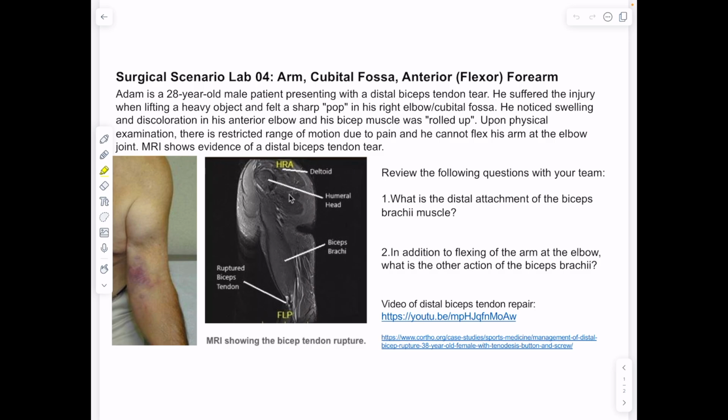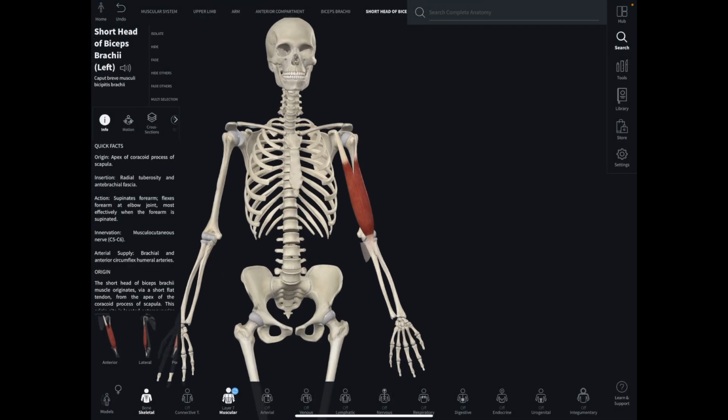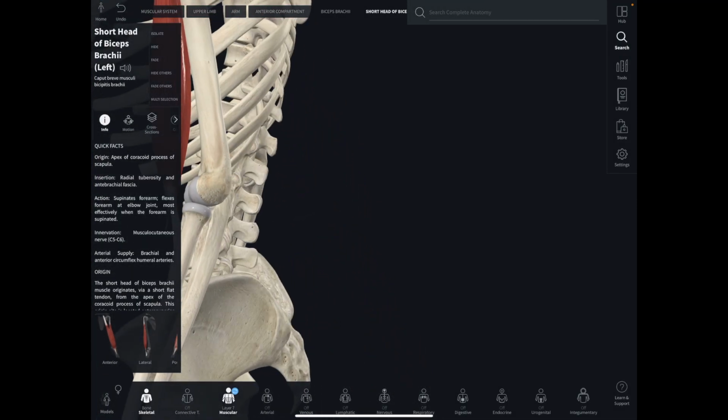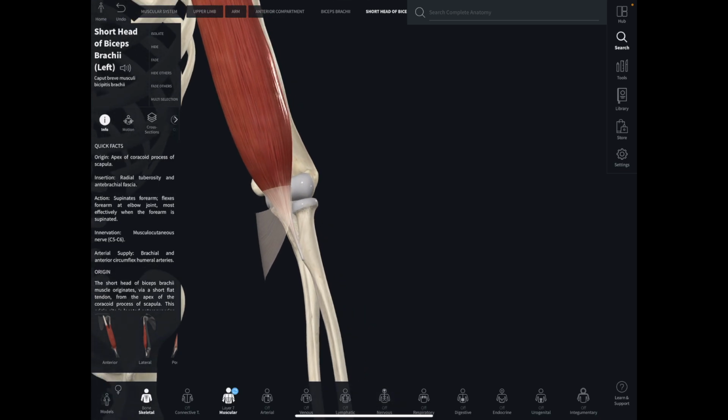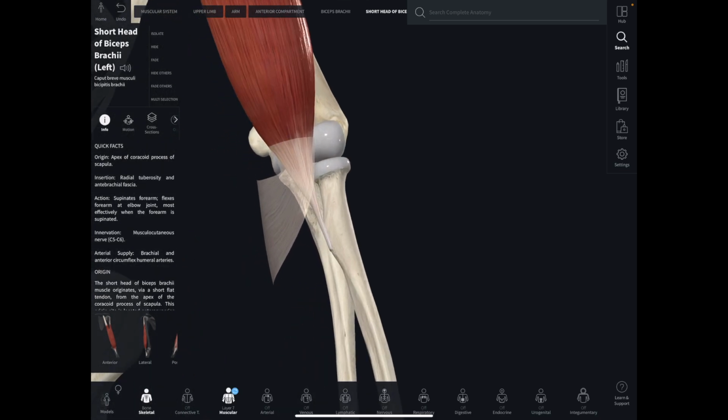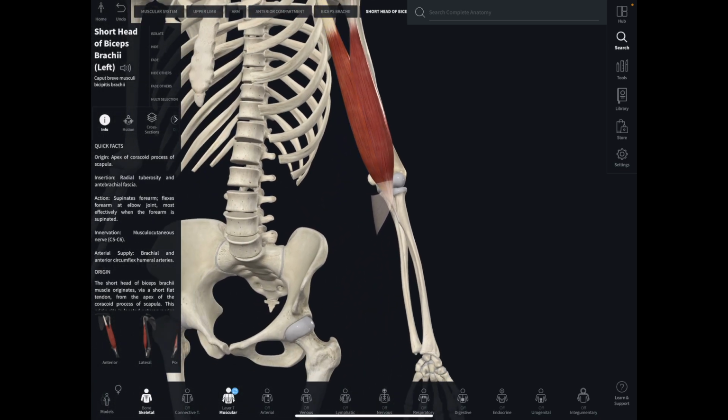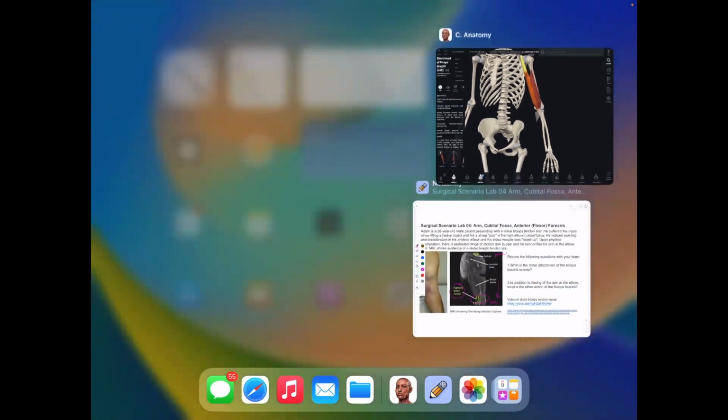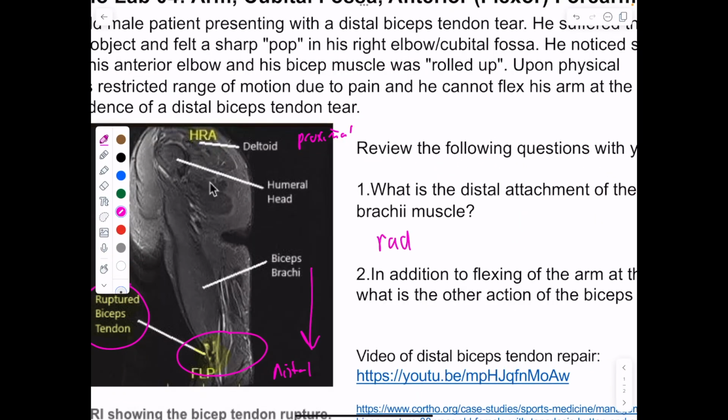All right, so distal is more down here, versus proximal up here. Okay, so what is the distal attachment of the biceps brachii muscle? All right, well, let's take a look real quickly. Here's our biceps brachii muscle, and you can see that if we zoom in and look, it is attaching to the radial tuberosity on the radius, so right there. All right, so most likely that's where our tendon tear happened. So the radial tuberosity